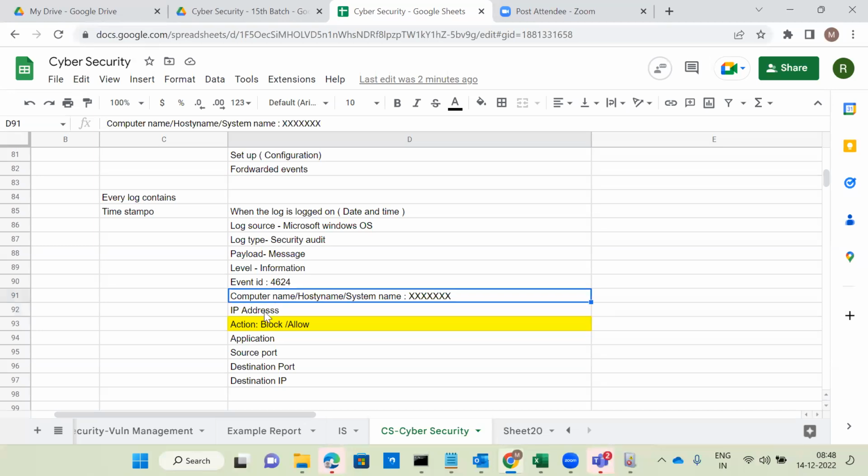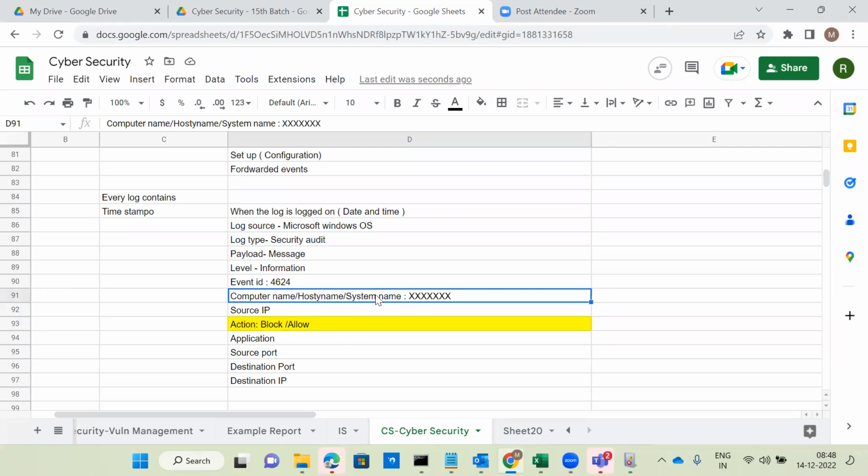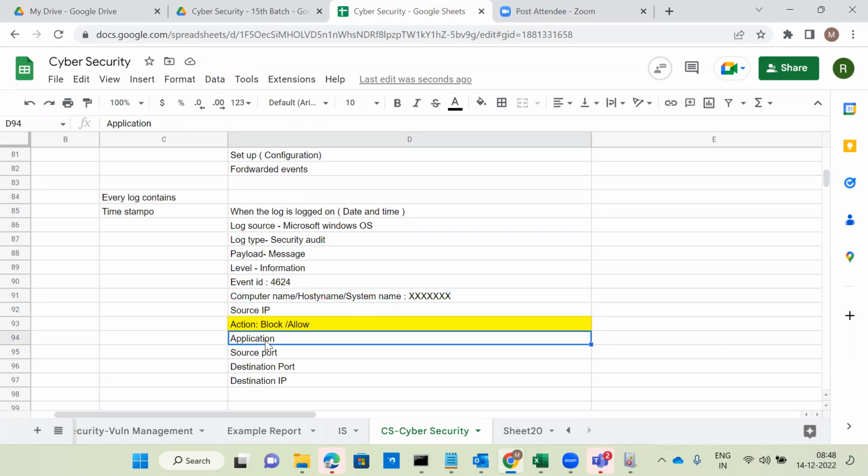Computer name, IP address, this is source IP, guys. The source IP person, his username belongs to this one. He's trying to access some other application. And finally, the log source blocked this activity or allowed this activity. So that is the conclusion.